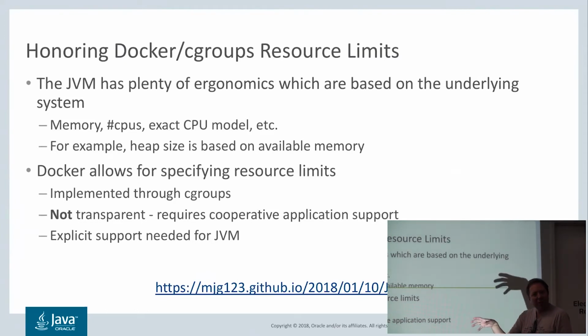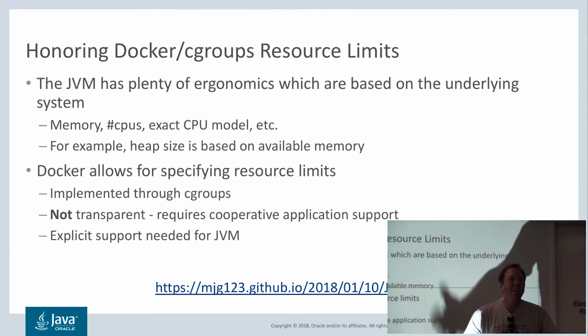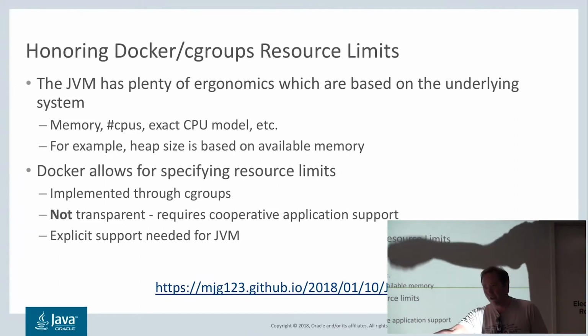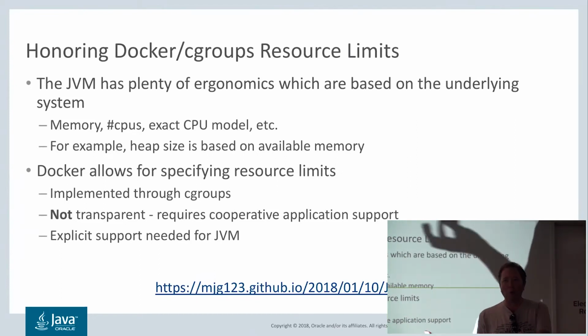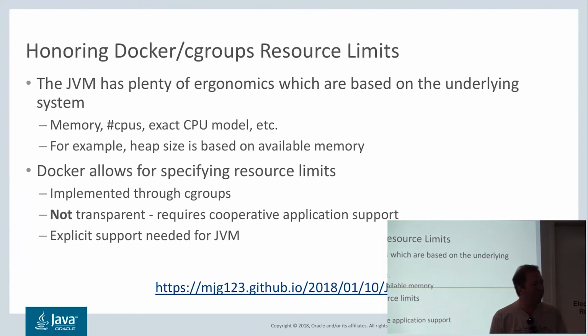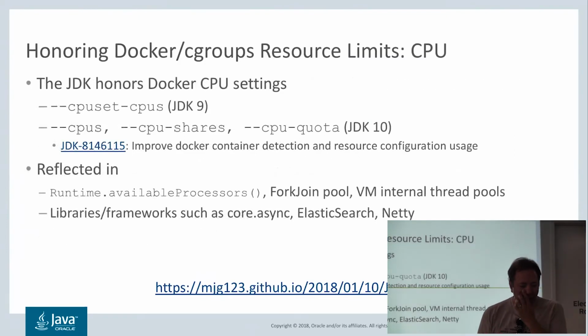It's sort of transparent, but only to a point. So a lot of what we've done is to go in and look at the right numbers, instead of looking at what we thought was the right number and what had worked like 20 years before. Now we need to look at something else as well. So that's a large part of what we've done. This comes down to memory, CPU, things like that.